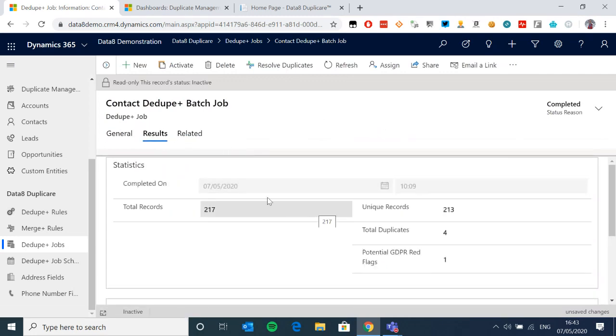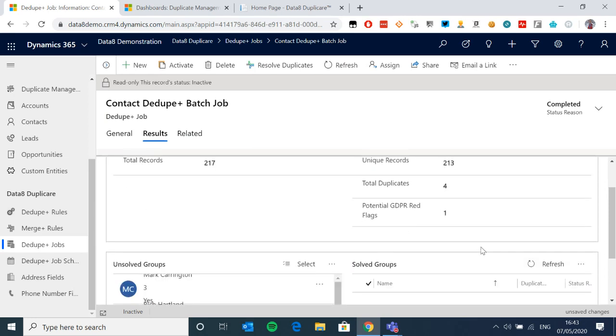It just gives me some statistics. So when it was finished, at 10 o'clock this morning, there were 217 records involved in my job. There were 213 unique within that, therefore there were 4 duplicates. And I had a GDPR red flag. Now, what a GDPR red flag is